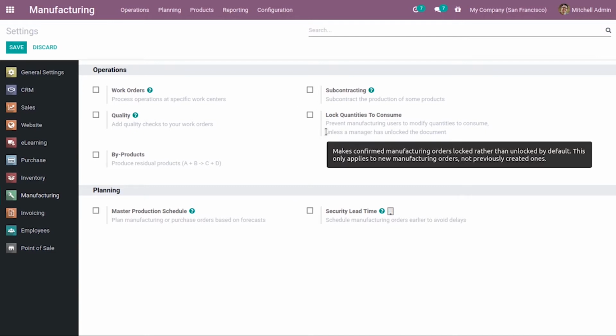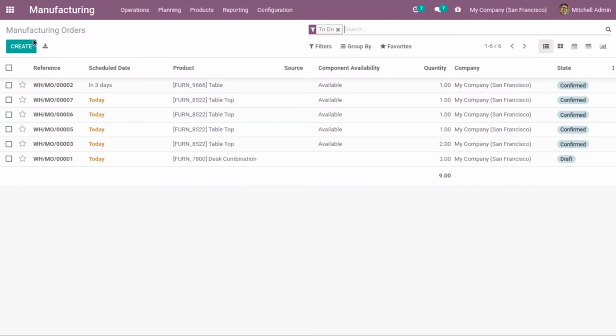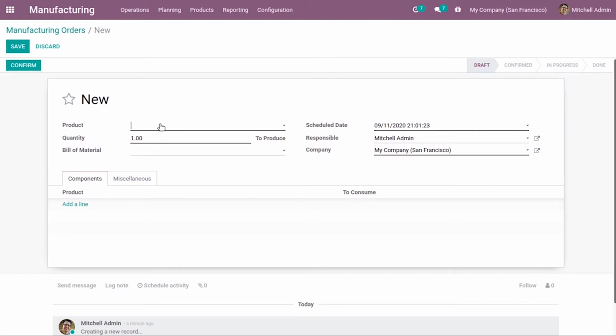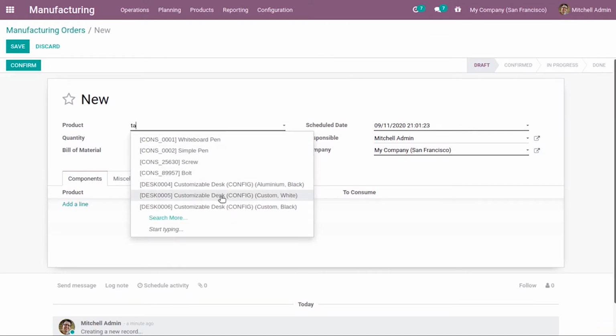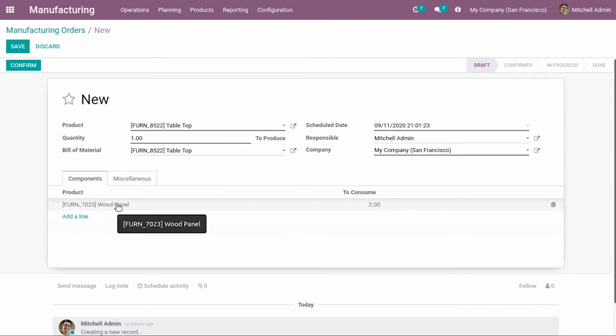So I'm not enabling this option. Before that, let us see how we can change the to consume field. Here we have chosen a product, tabletop, which has a component, a wood panel. This is already a component given in the bill of material of this product, which has a quantity 2. Okay. So I am confirming this manufacturing order